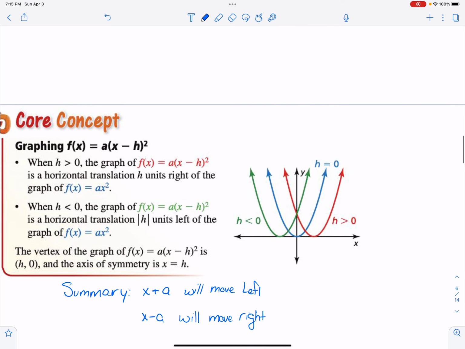All right, so now getting into this. Again, I would not necessarily write all this down because it gets a little confusing as to what you're supposed to do. So what I want to draw your attention to is the important parts. Right here it says if h is less than 0, it moves your function to the left. If h is greater than 0, it moves your function to the right. But what I want to draw your attention to is this right here. It has a negative sign in the function before h. So technically, when h is negative,